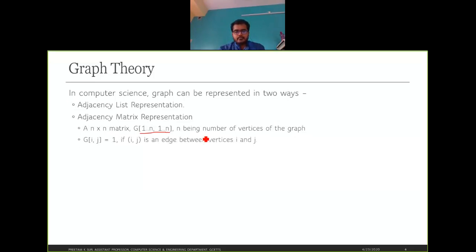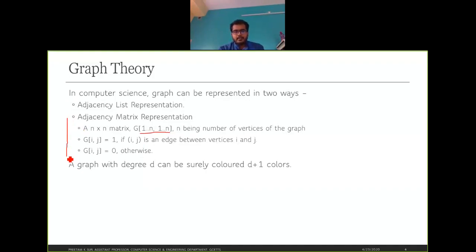As you know, G[i][j] is equal to 1 if there is an edge between i and j, otherwise it is 0. So this is how we'll represent a graph in our problem.